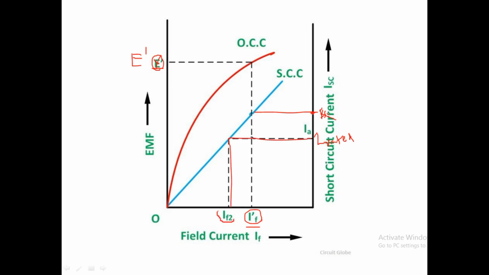So we have obtained two field currents. IF dash is creating the rated voltage E dash under the OC condition. And IF2 is creating only the drop, because under SC condition the voltage is equal to 0. So IF dash is creating a voltage and IF2 is creating a drop, so the vector sum of these two currents corresponds to the total voltage plus the drop, that means the total EMF required. So we are finding the phasor sum of these two currents.